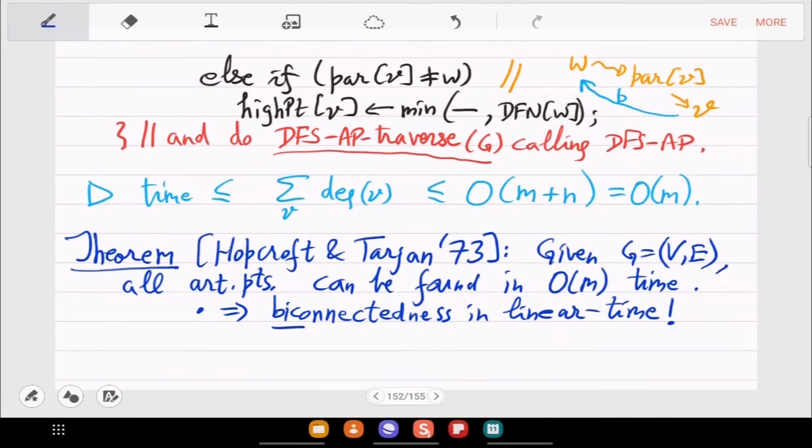Not only will you be able to check whether your network is robust, if it is not robust, then it will also give you all the weak points in the graph. Is that clear?